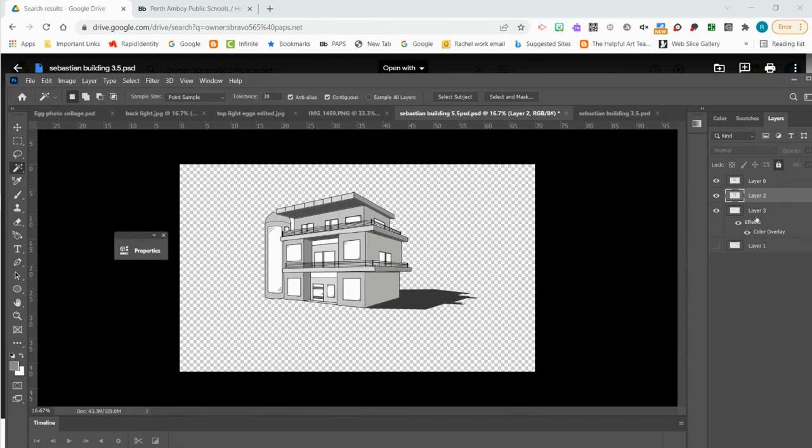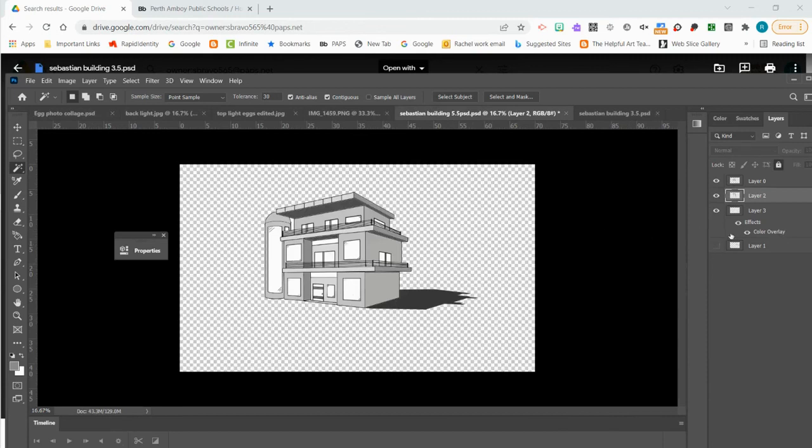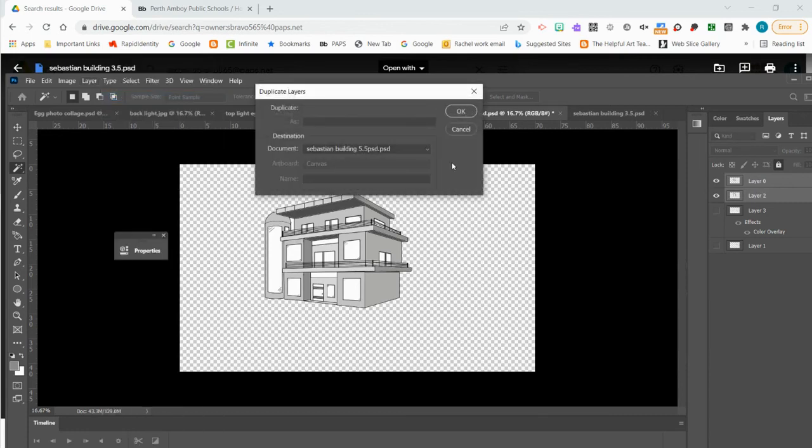So what is this? What is layer 3 with the effects and the color overlay? Let's look at that. So for layer 3, he actually took the house and he was able to duplicate the 2 layers. Let me show you here. So he has this house and he duplicated the layer of the house and then he distorted it and flattened it. So let me just see if I can show you what he did. I'm going to hide this layer just to show you how he made the shadow. Okay, so he took this and this, the color and the house, and he did layer, duplicate layers,